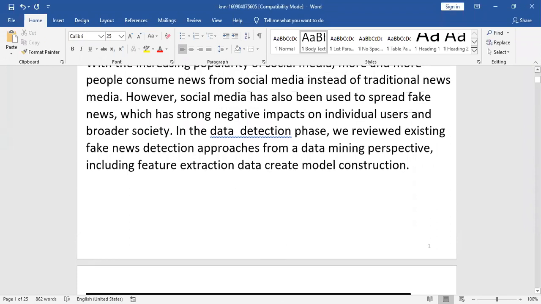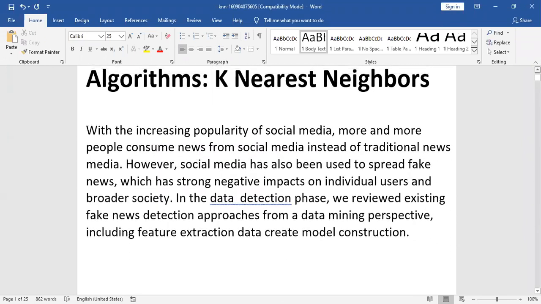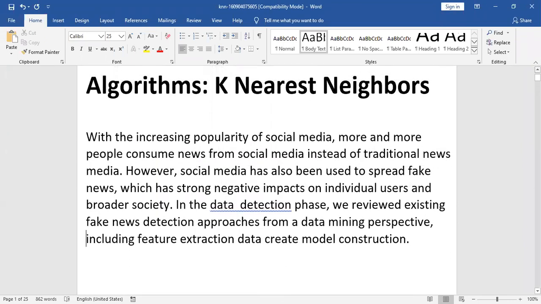In the last video, I explained what the KNN algorithm is, theoretically. In this video, I will use another dataset, named Social Network Ads, and show how to implement it in a Jupyter notebook.